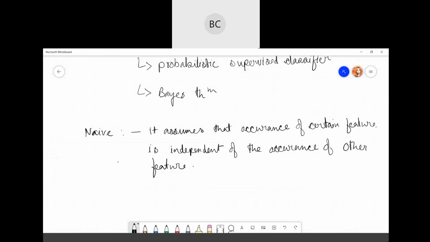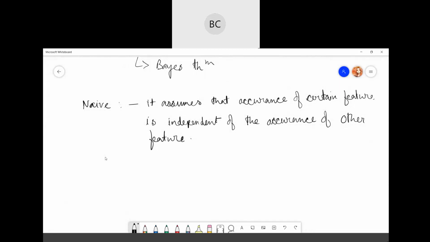You can take any example, even cat and cow or cat and dog. There are some features like color, shape, and if you are going for vegetables and foods, there might be taste. So all these features just individually contribute to identify a particular thing.